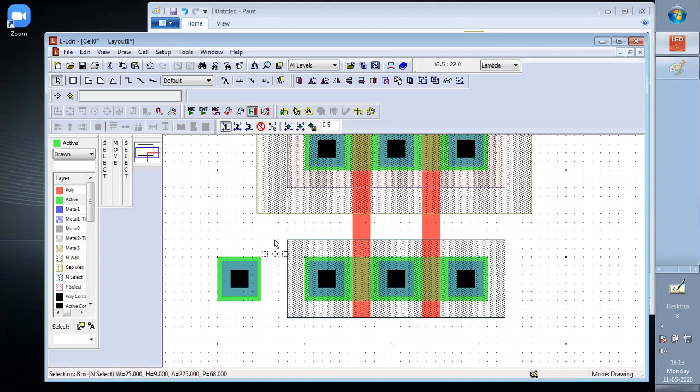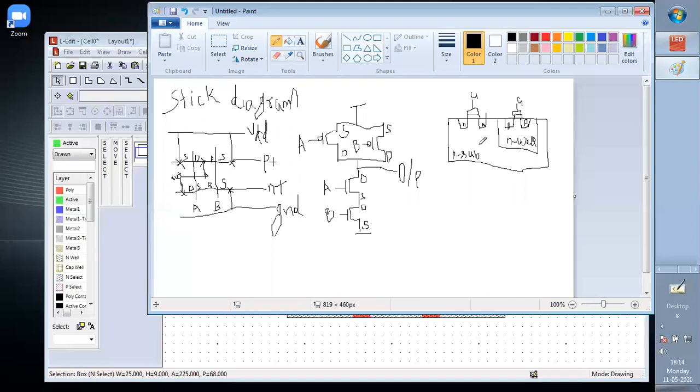Right? Now tell me, what is the body of this NMOS? Which type of diffusion will it have? P plus. It will be a P type body, na? For NMOS, the body should be P type. See here in this figure, this is the P type substrate. So the P type substrate body will be created over here. Here we draw the P plus. This will be our body terminal for NMOS.